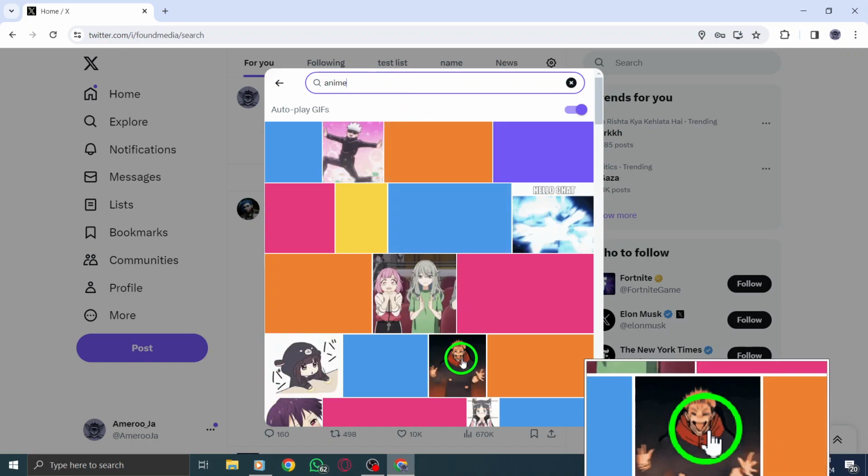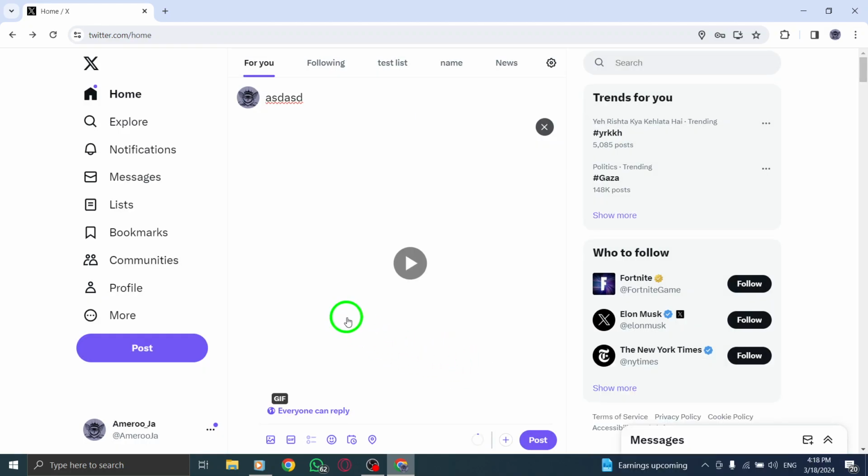Alternatively, you can explore the auto-displayed categories to discover trending or popular GIFs. Whether it's a celebratory dance GIF or a heartwarming hug GIF, Twitter's library has a wide range of options to